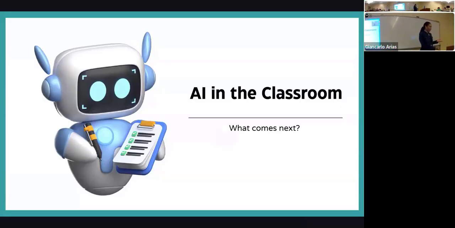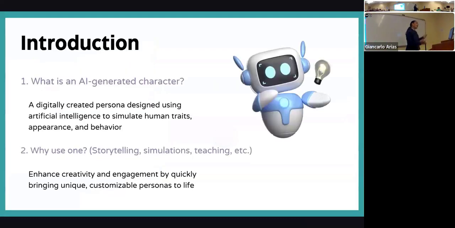So you're probably wondering, well, how did that work? Well, I introduced an AI generated character as part of my classroom structure. So it was a digitally created character. All that means is it was artificial intelligence. I gave it a personality. It had some human traits. I was very specific about what I wanted my AI assistant, my AI teaching assistant and research assistant, to have, what elements and what type of character.